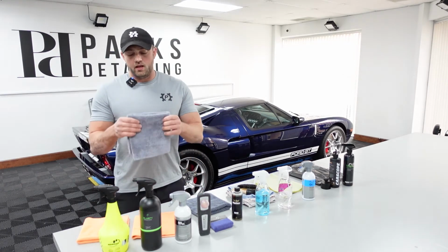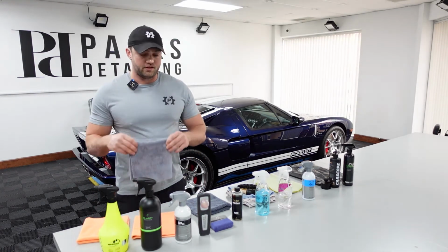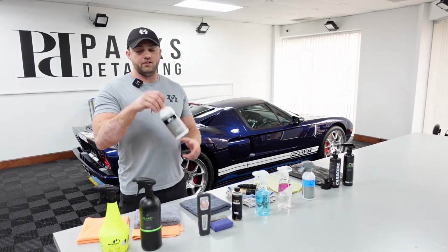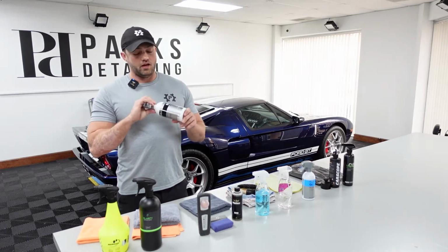I also laid out a Plush Plus here. The reason is when I move on from Clarity to the Sealant, Koch Chemie Sealant, this is actually a good